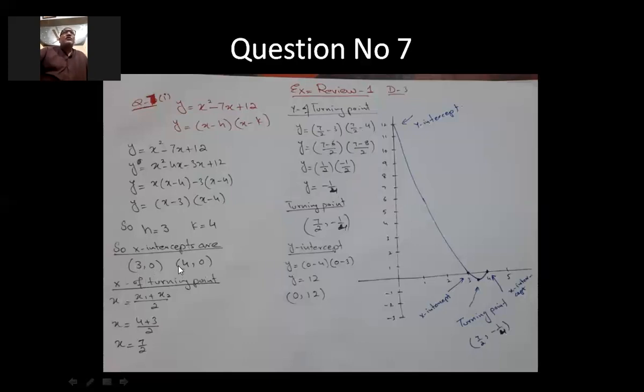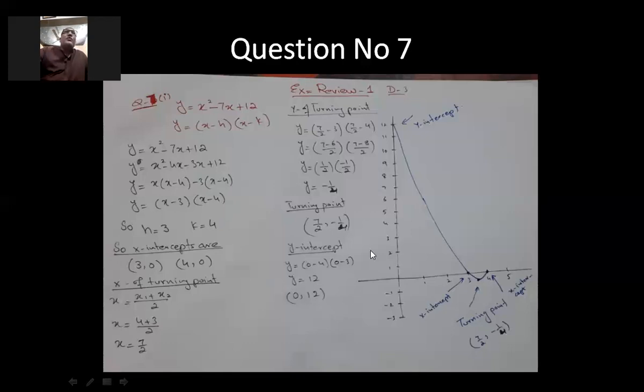So now I know the x-intercepts and I know the turning point. For our ease, we will find the y-intercept of this graph. The y-intercept is where the graph cuts the y-axis. When it cuts the y-axis, the value of x will be 0. So in the equation of the graph, in the place of x, I will put 0. You can see I've done that. So y will be equal to 12. So 0, 12